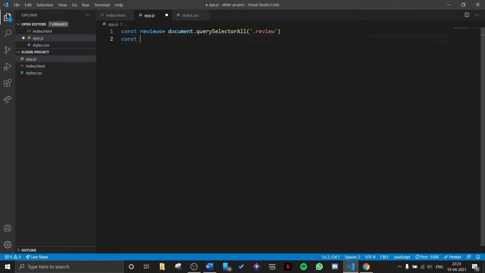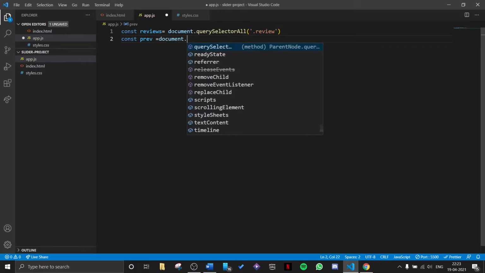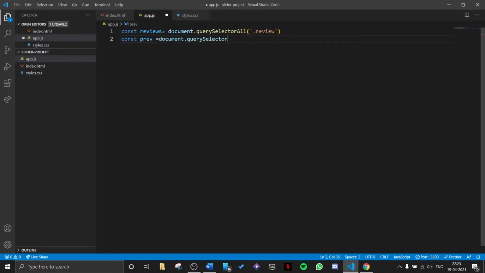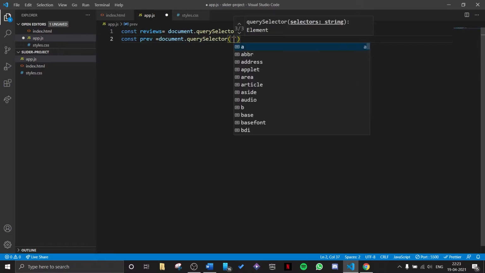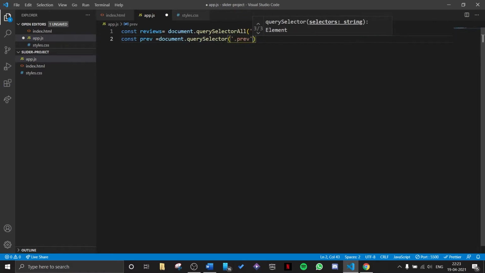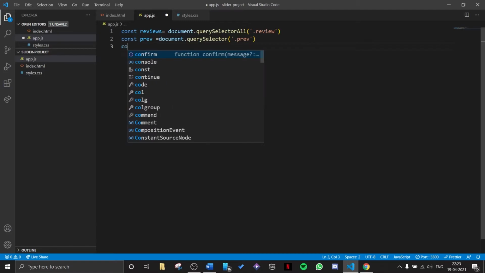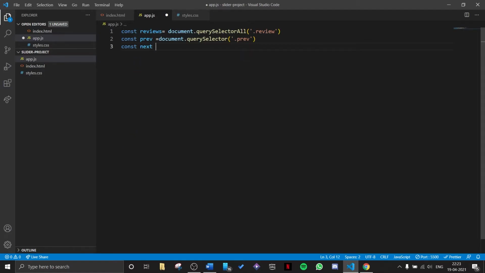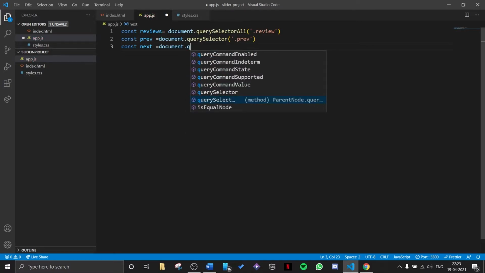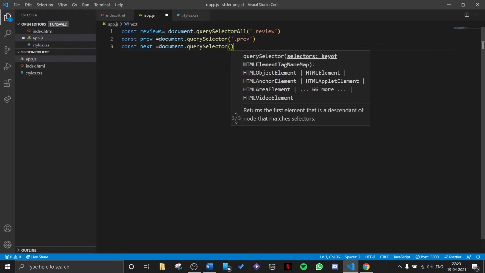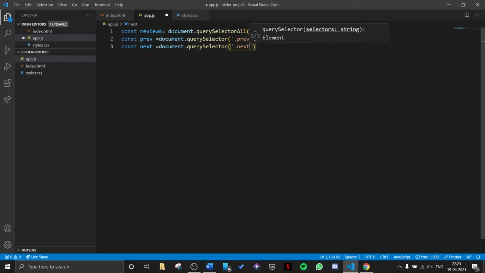Next, I'll get the previous button by using querySelector, not all, only querySelector, and target the class previous. Similarly, I will get the next button the same way. The only difference is the class. Here we will use the next class.